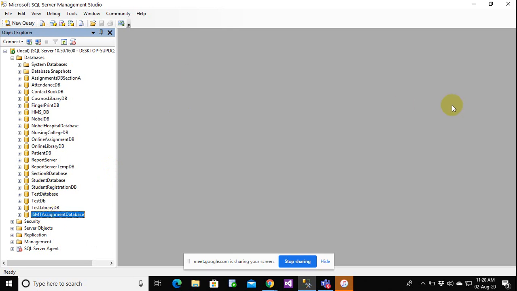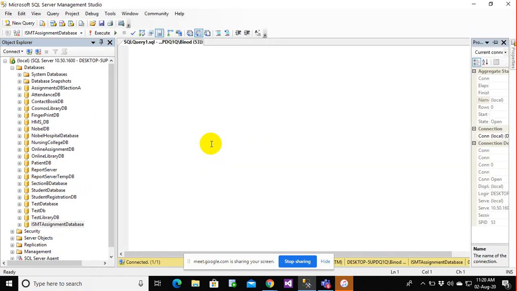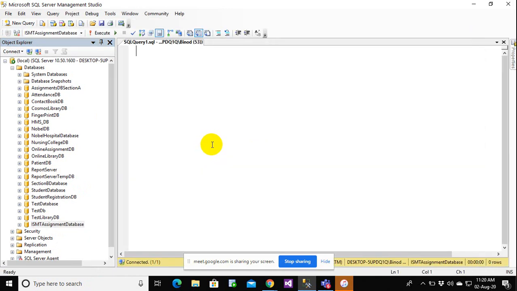And in this database, I'm going to create a table. So right click on this and create a new query. And I'm going to create a table. Create table User table. And I'm going to provide some fields. User ID, integer identity 1, 1.